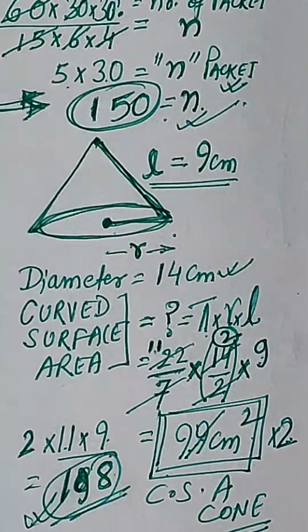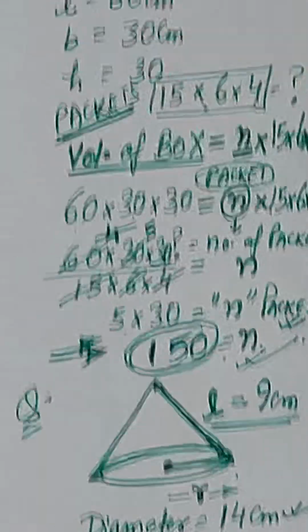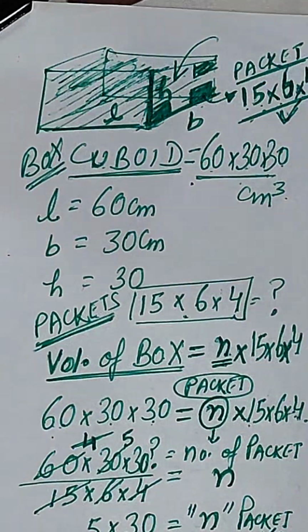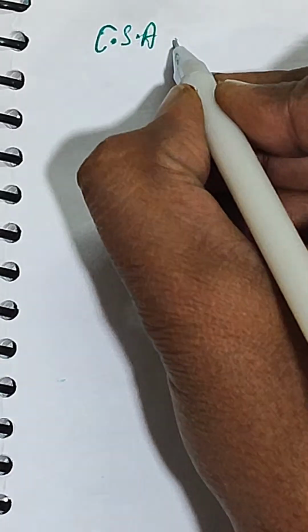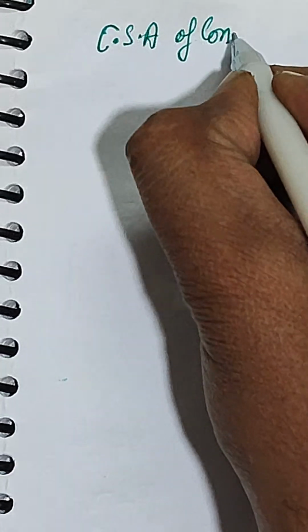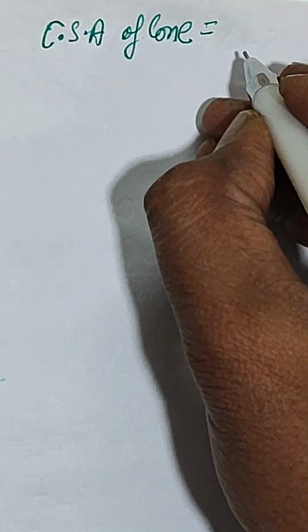Now let me take another question. We have taken a few questions for today. This is just for the preparation of the coming examination. The next question which I am taking today: it has been asked that the curved surface area of a cone is given to you. The curved surface area of a cone is given to you as equal to